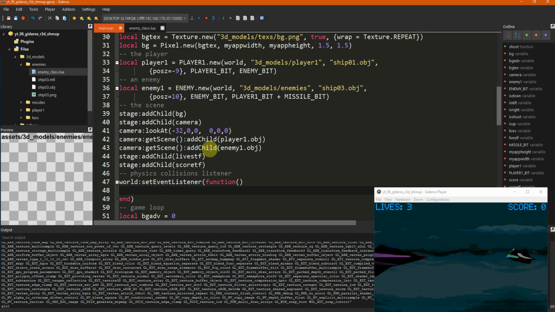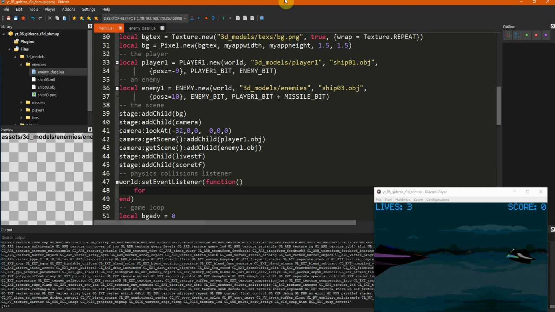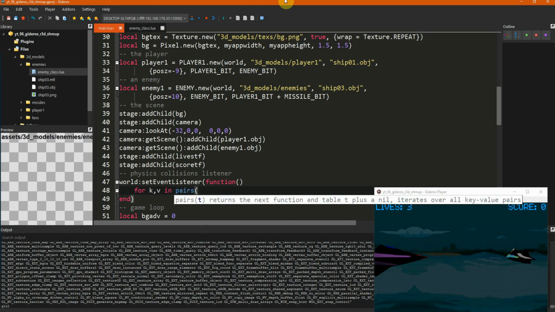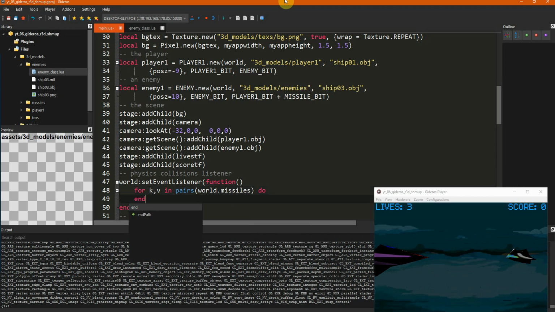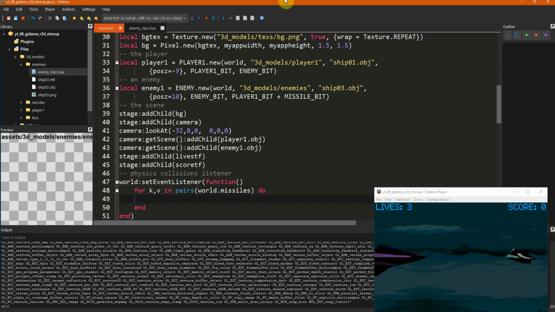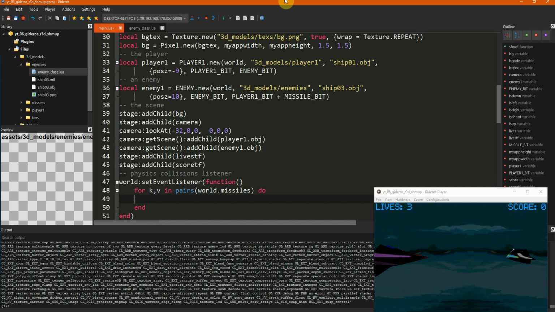So now I need to test collisions between the missiles and the enemy. I need to iterate through the list. So let's do the missiles list first. For key, value in pairs, we take the world.missiles list, do end, and we do the same for the enemies list.